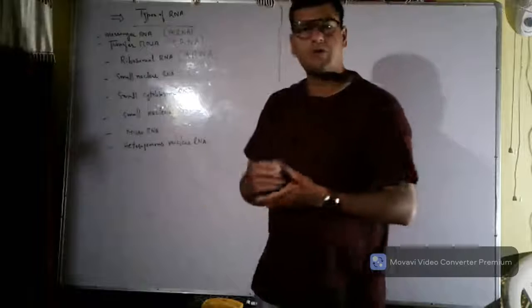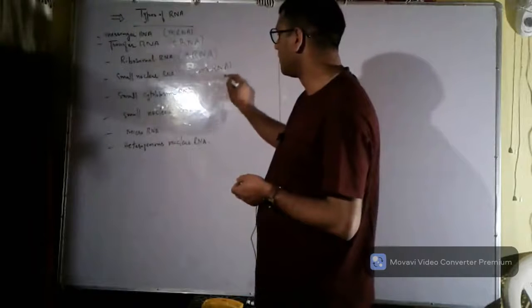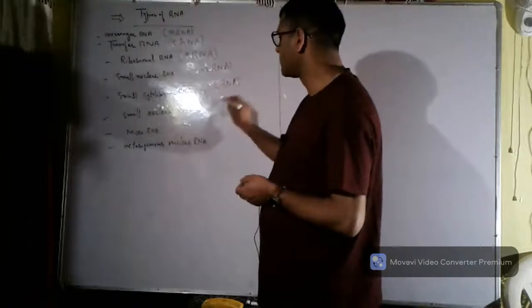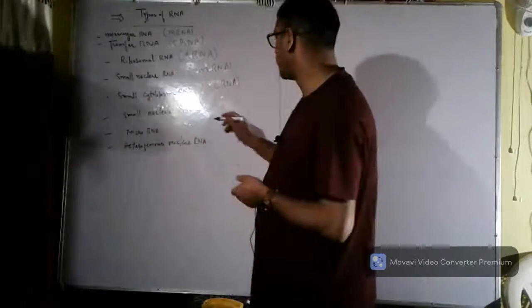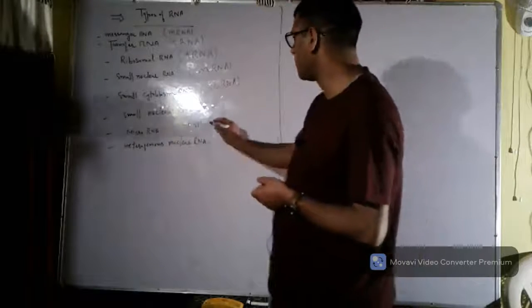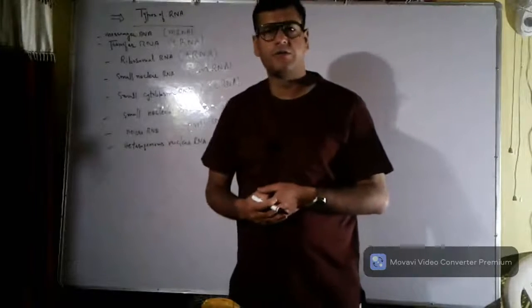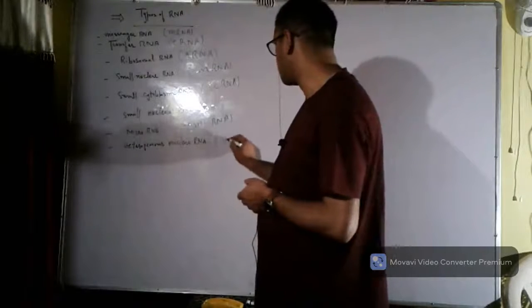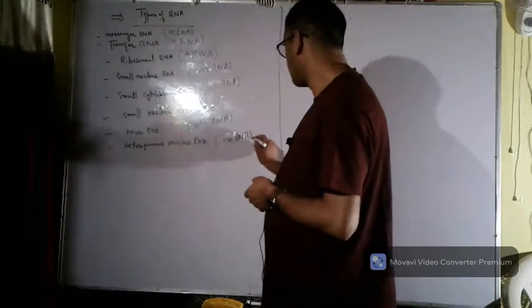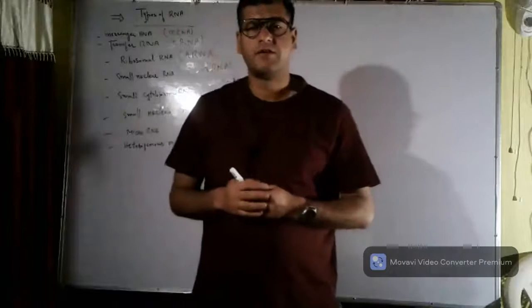We have small nuclear RNA. We have cytoplasmic RNA. Another type is small nucleolar RNA, then microRNA. Another type is heterogeneous nuclear RNA. So these are the various types of RNA which are present in a cell, and we will discuss them